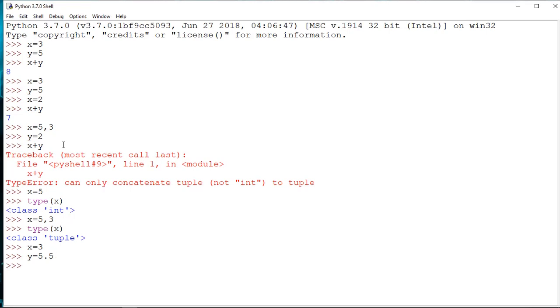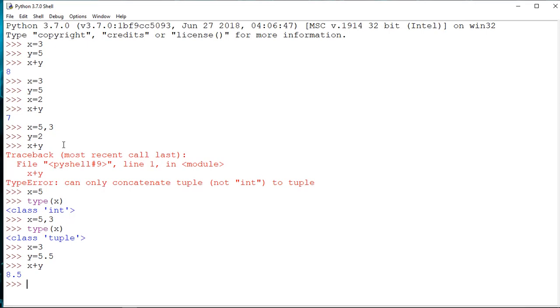Now let's try to find out. Suppose you write x + y and press enter, you will see the result as 8.5. So what it has done is taken variables of different data types, that is the integer data type and the float data type, and the result is produced in the float data type. I think you must have studied this carefully and understood what I was trying to tell you.